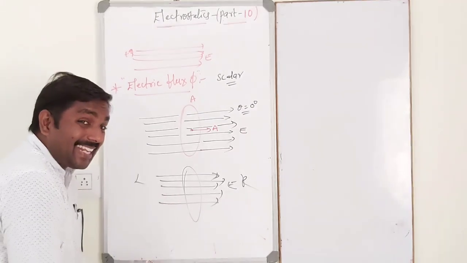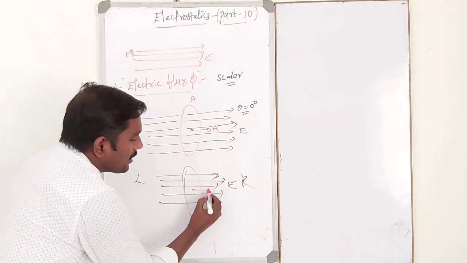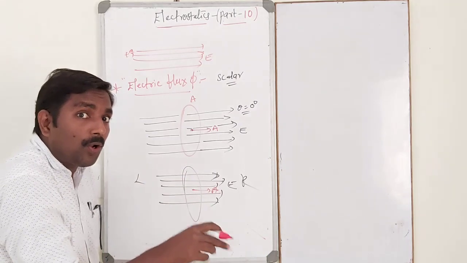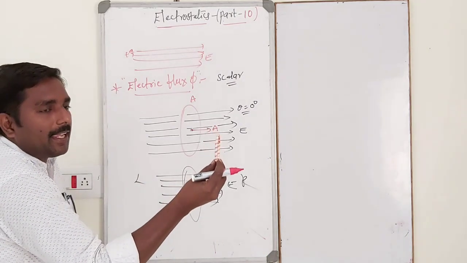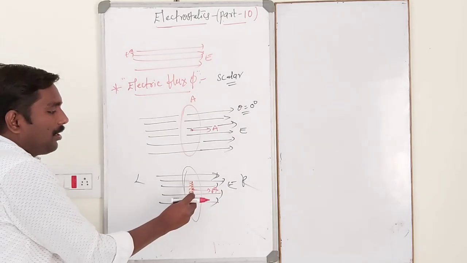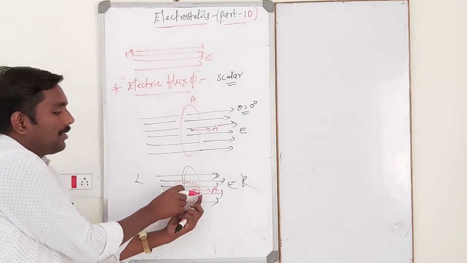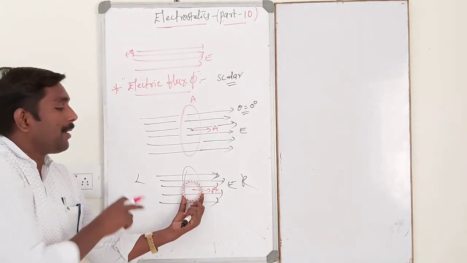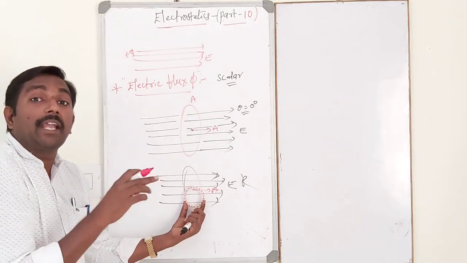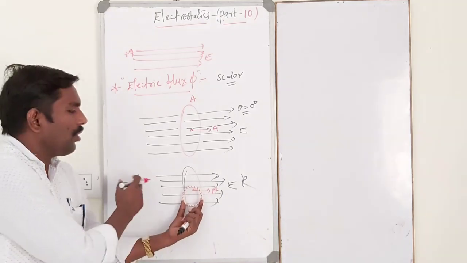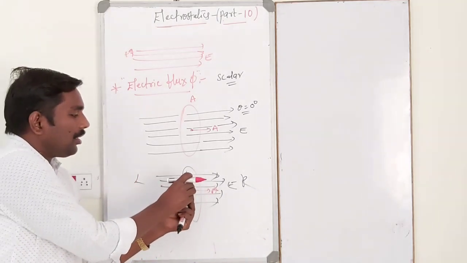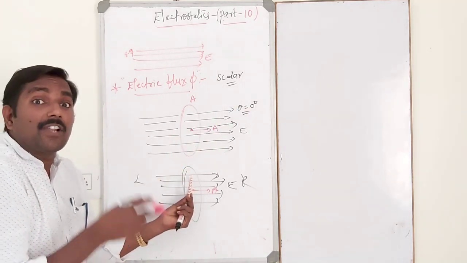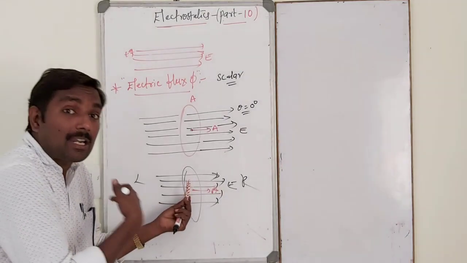In this case, what is the direction of area? Like this. This is the area direction and this is the field direction. All lines are passing through it. Moreover, suppose the bangle is initially in this position. Then the bangle will be rotated like this. In this position, no field line is passing through it. In this position, half of the bangle is inside and half outside the board, and all field lines are passing through it. In that case, flux will be maximum because all field lines pass normal to the given area.